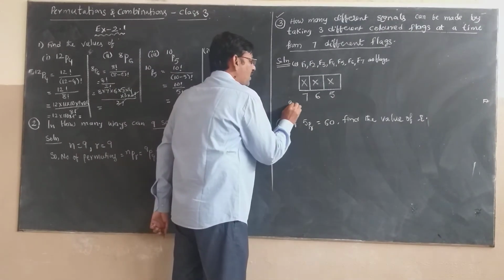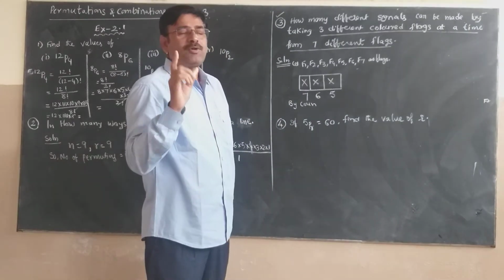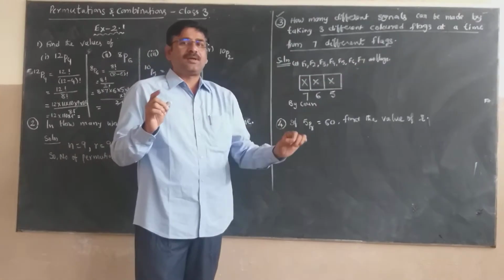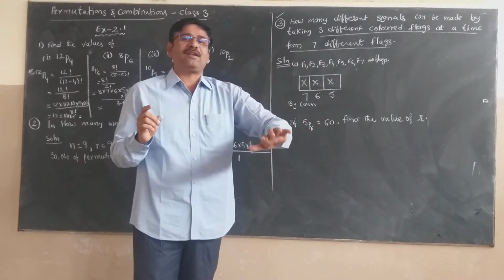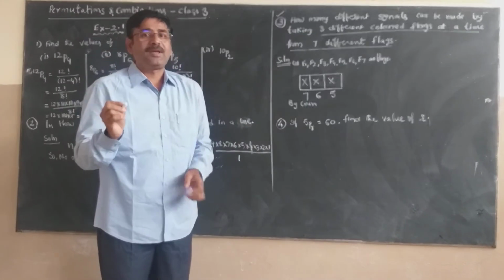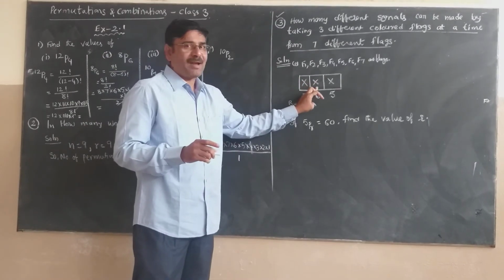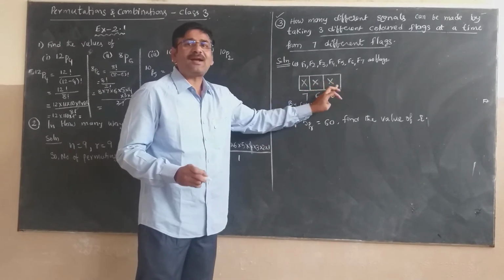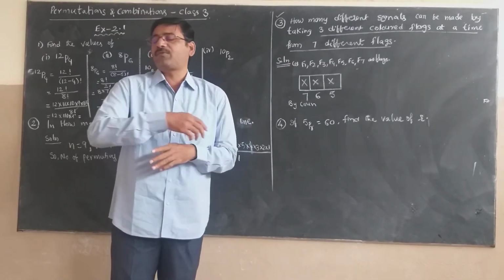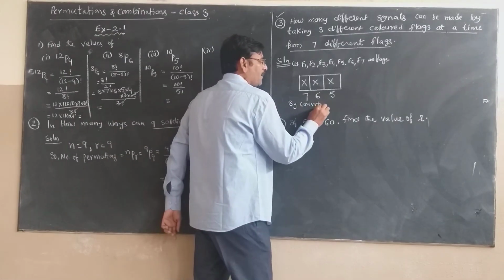By the counting principle of multiplication, I already told you what it states. If work W1 can be done in M ways, and another work W2 can be done in N ways, the total number of ways of doing both works is M into N. Here 3 works are there: filling of the first blank, W1, filling of the second blank, W2, filling of the third blank, W3. To have a 3 different colored flag, we have to fill all the blanks. That's why, by the counting principle of multiplication,